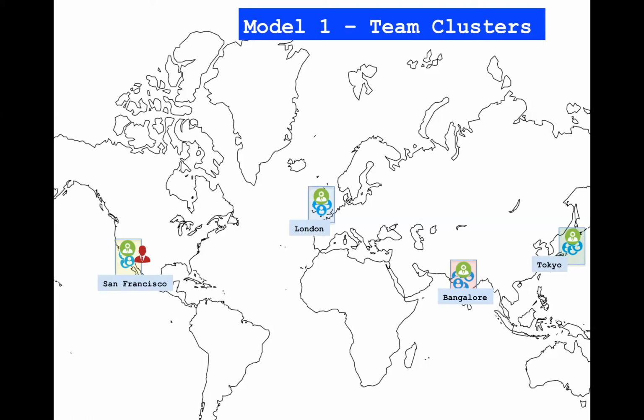Some of the things that you may want to be careful about when you are working in such a model is, I've seen companies, it is very obvious looking at the map like this, but there are companies who decide to create teams that have members still located in different geographical locations, far apart from each other. Maybe a couple of developers in San Francisco, a couple of developers in Bangalore forming into 1 team. Really bad idea.